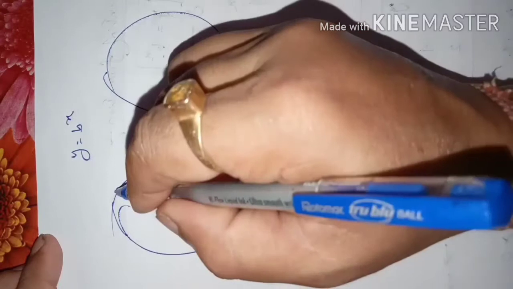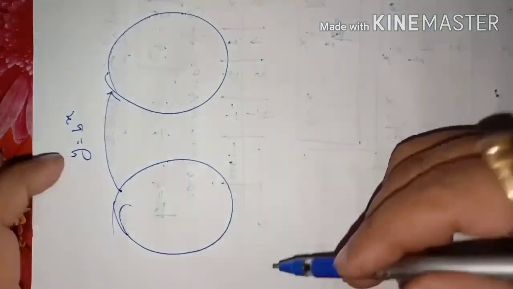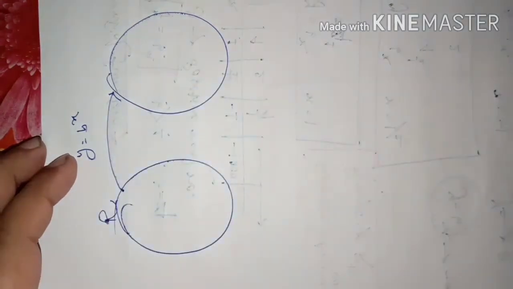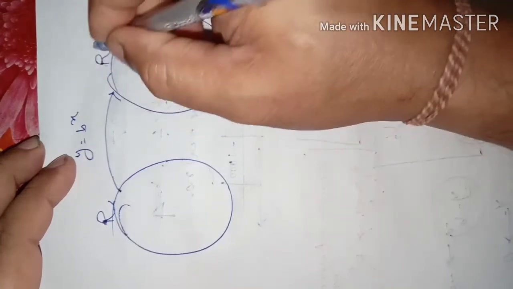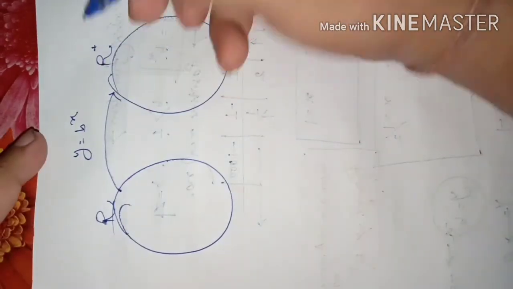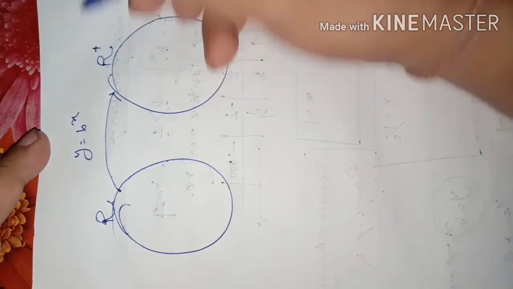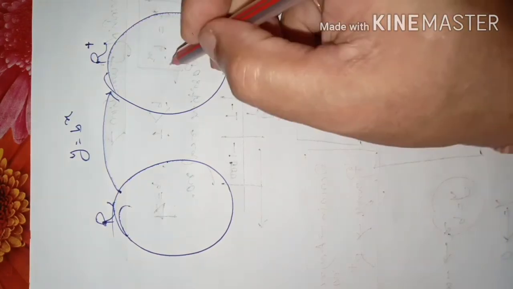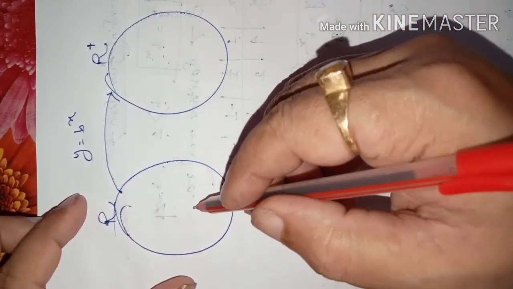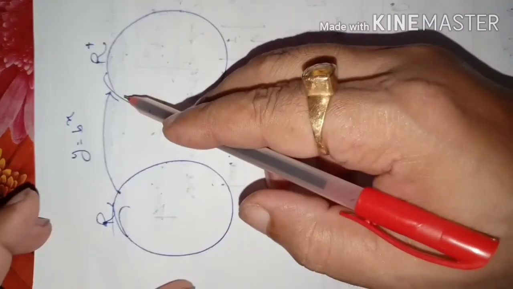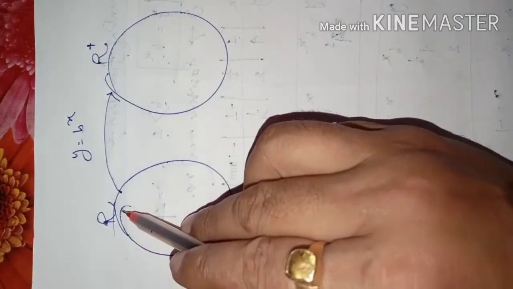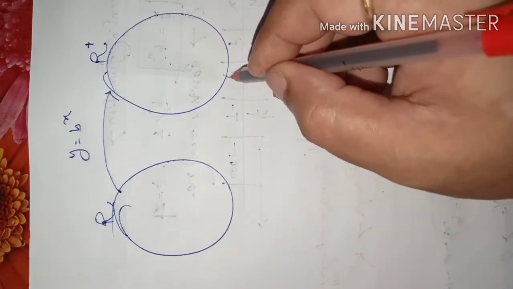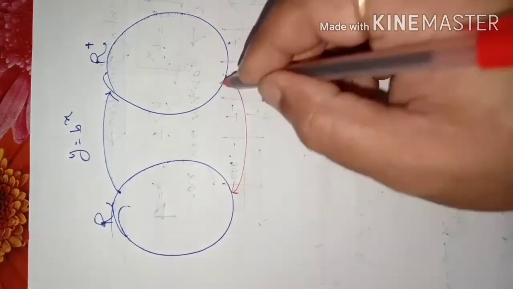Dear students, in these discussions we got y is equal to b to the power x, the exponential function. Here the domain is real numbers and the codomain is also real numbers, but the range is positive real numbers. Now you see, all these positive real numbers have their pre-image, and that pre-image will be a unique image only, because this is a one-one function, and that's why we can say that another function exists from these two.